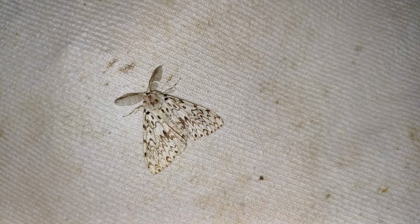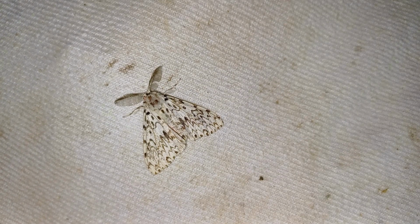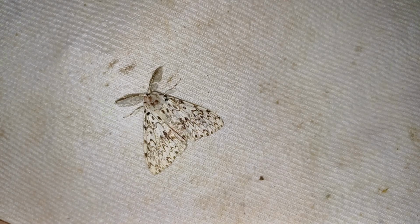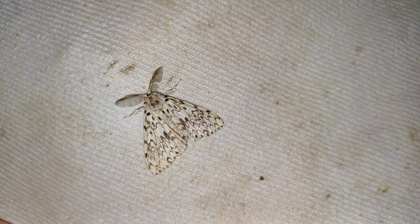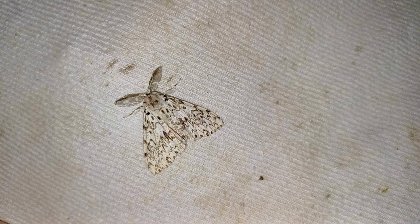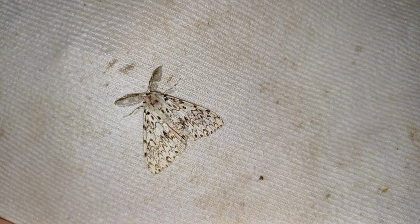Well, here's a surprise, and certainly a species that I didn't expect, because this seems very, very late. I don't think I've ever had black arches as late as the 6th of September. In fact, I don't think I've had it probably past the last week of August. I'll have to check up when I get home, but this is a big, big surprise, but